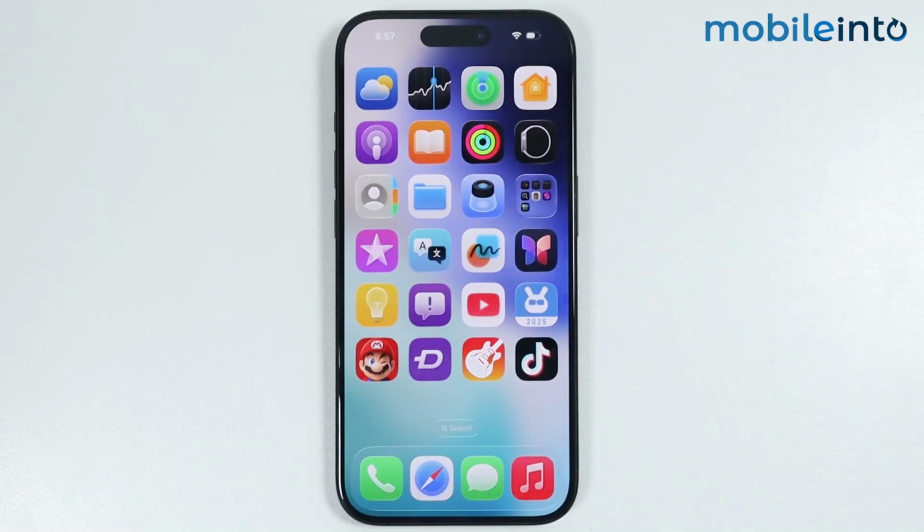Hey, what's up guys? In this video, we will see how to set a TikTok sound as your iPhone alarm sound